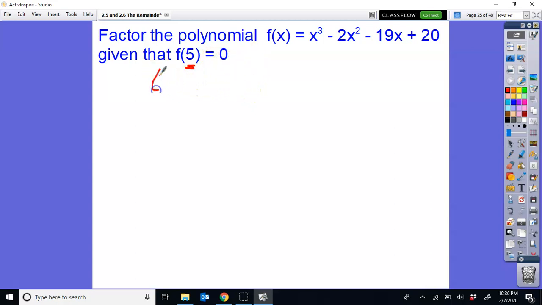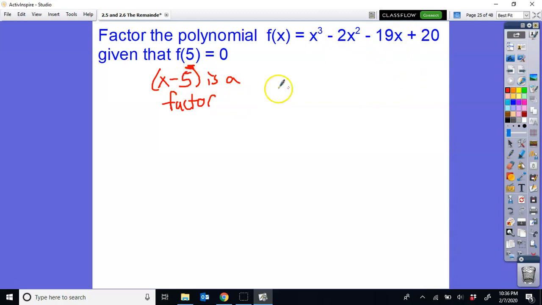You're right. X minus 5 would be the factor. Now, if you didn't say that out loud, that's okay. But x minus 5 would be a factor. Now, what I want you to do here at this point in the video is pause the video and divide this function